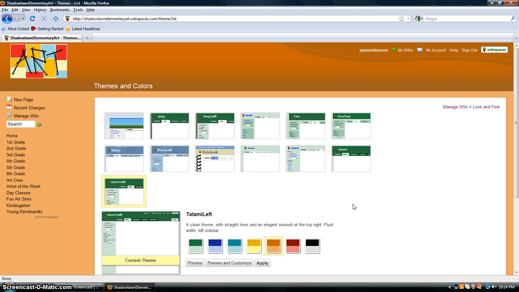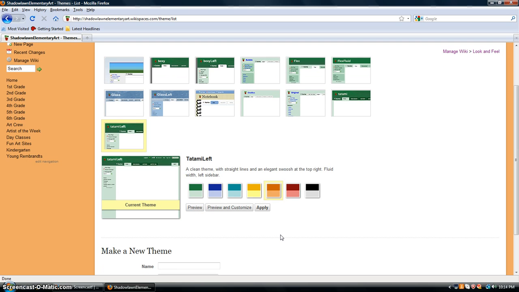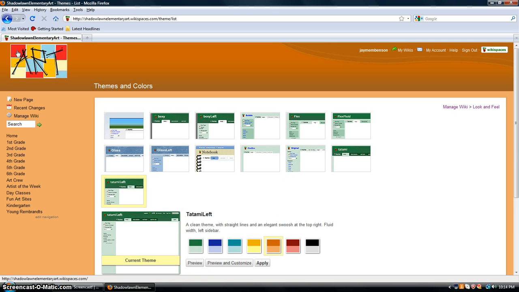These are the different layouts for wiki pages. I select Tatami Left because I wanted all of my information for my students on the left hand side of the page. I also selected the orange color scheme. What's nice about it is you can preview what the pages are going to look like before you actually apply them. And if I go back,